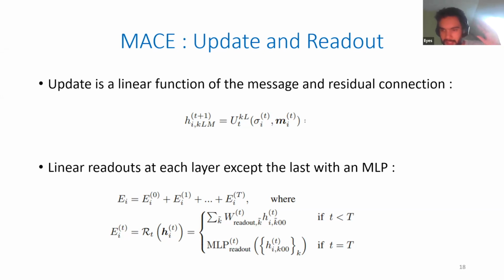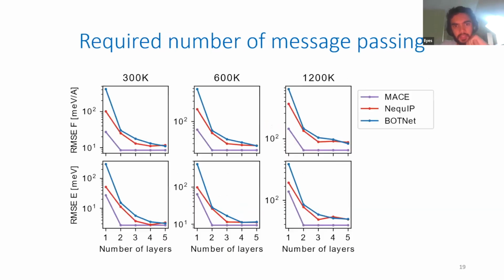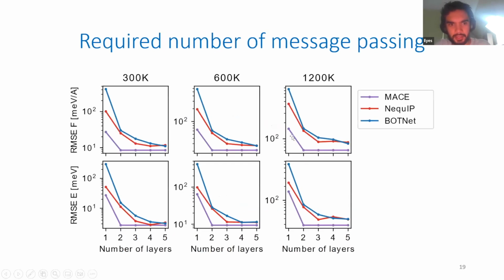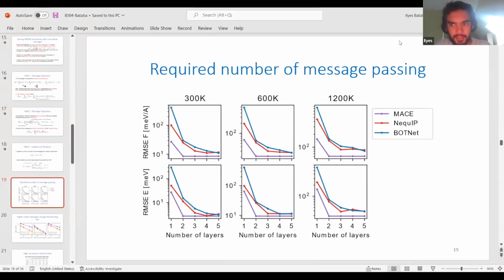And to make sure that we really do that, all the readouts need to be linear, except the last, because the last, we think about it as a nonlinear correction to the body order expansion for it to converge. So basically, all the T-1 readouts are linear, and then the last one is just a nonlinear correction. Usually, MACE architectures are just 2 layers. So you have one linear term, and then you have a nonlinear correction in the second term. And yeah, I guess David can go about, you have some slide about this tensor product.